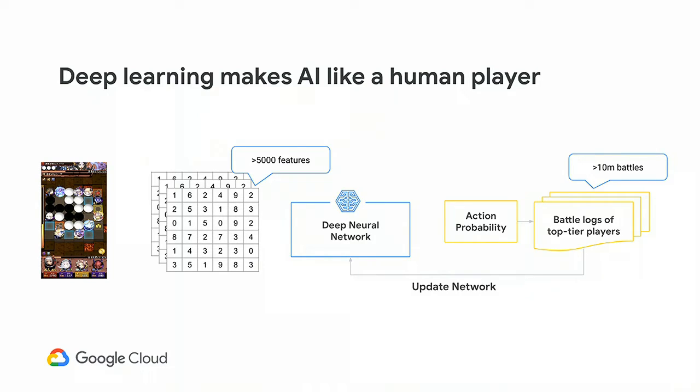This is an overview of the training of the deep learning AI bot. Deep learning was suitable for our case to learn many complicated features such as the state of decks, boards, hands, status, and the combination of the features. The deep learning AI bot receives the state of battle from the client. The information of the battle is converted to numerical features, which are used as the inputs of the deep learning.